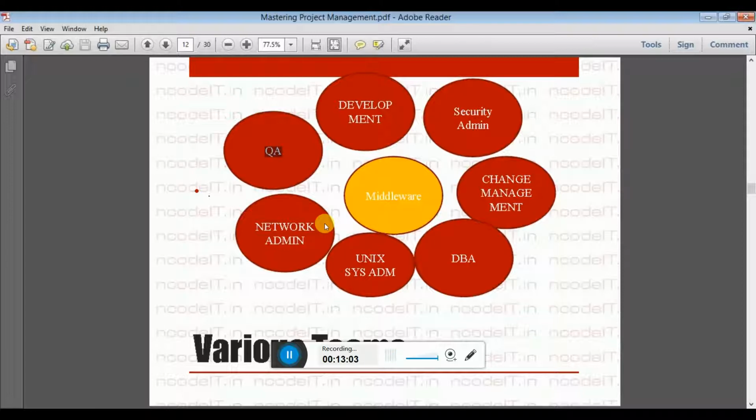The same thing is true if we want to tell the Unix system administrator that SSH is not working. When you send a mail, there is no way to know whether they saw it or not. So what we do is all these teams together have a common tool. The tool can be pretty much like a simple Excel sheet also. I raise a ticket, I update the Excel. You look at the Excel, you monitor the Excel sheet, and then you fix that issue. That can be done, but a more efficient one would be a software or a tool